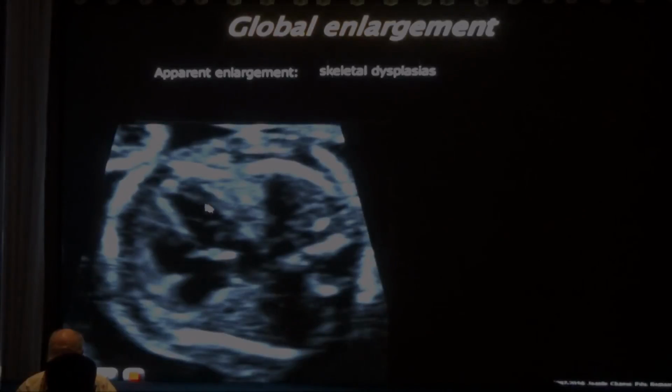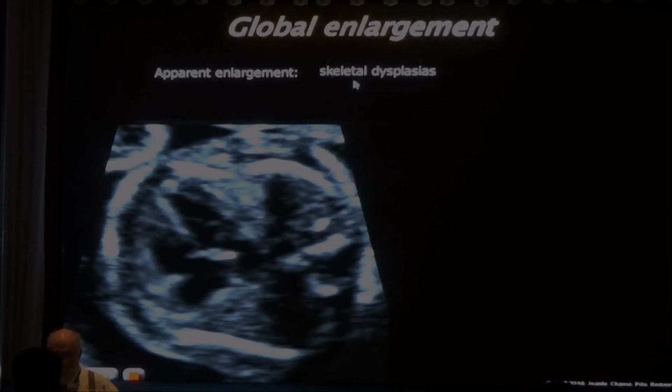Sometimes you can have a heart that appears too large, but actually the heart is the normal size. It's the chest that is too small. And this is the critical finding in all the lethal skeletal dysplasias. If a skeletal dysplasia is lethal, it is not because the long bones are too short, it's because the ribs did not expand enough to allow development of the lungs, and so the baby will die of pulmonary hypoplasia after